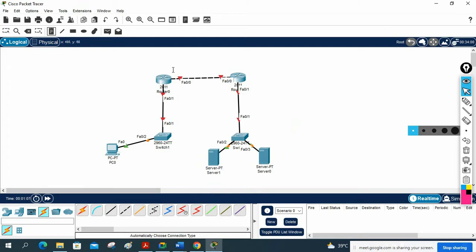So let me use the IP here. I will use here, let me write here 192.168.12.1, okay, this side, F0/0, this IP, and here 192.168.12.2. This side I am using this IP,